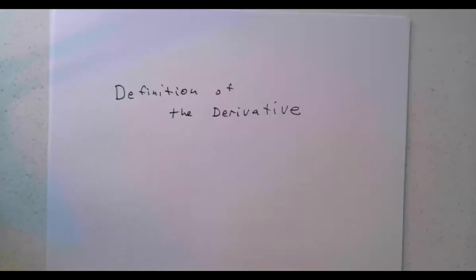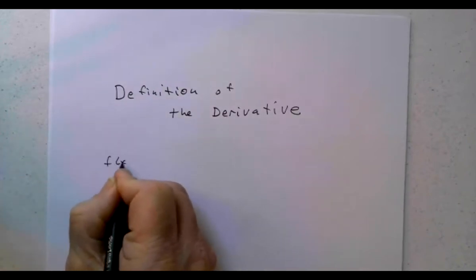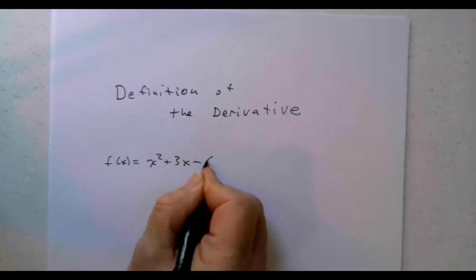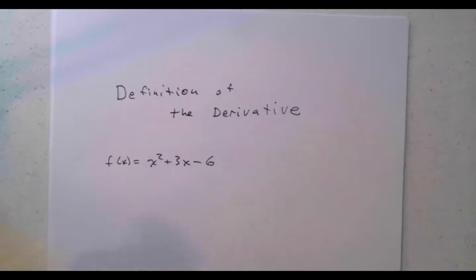This lesson is on the definition of the derivative, and we'll show how it's connected to the notion of the slope of a tangent, and we'll be using limits to do that. So the function I want to work with is x squared plus 3x minus 6. We want to find the slope of the tangent line